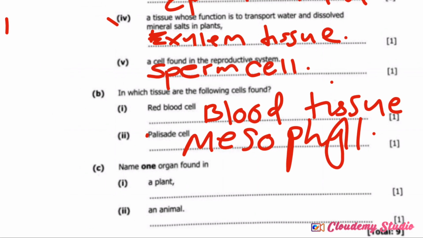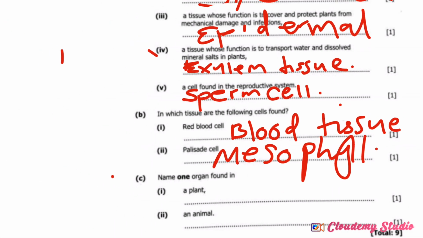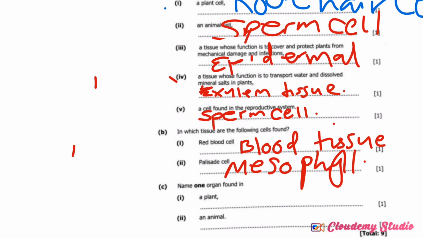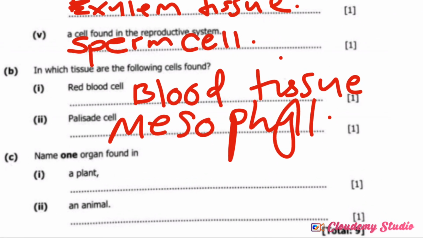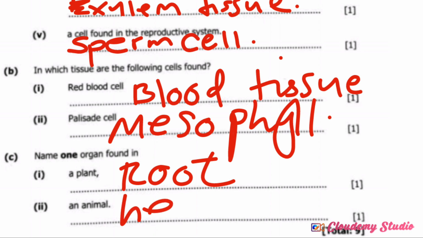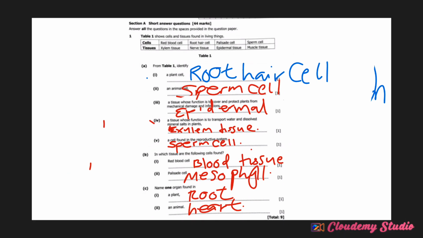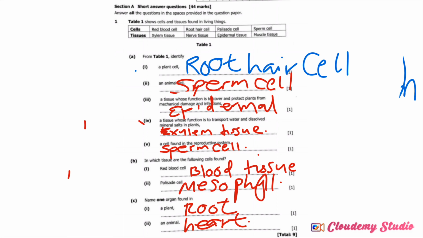Then C. Name one organ found in plants. Name one organ found in plants. In plants, there are so many organs. In animals also, there are so many organs. For the sake of the answer, in plants we can say the root, since it's one mark. Root is an organ in plants. Then when it comes to animals, you can even put the heart. The heart also is an organ. That's all. So this is the question number 1. Then we can go to question number